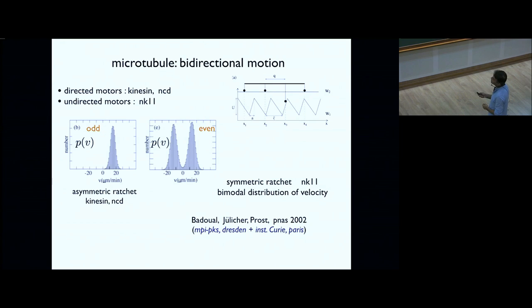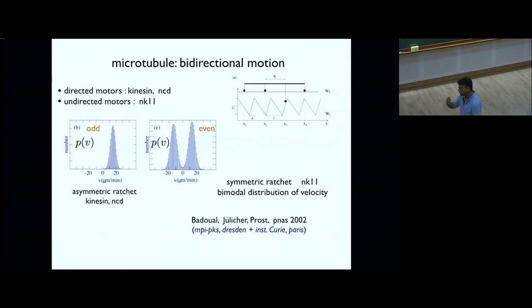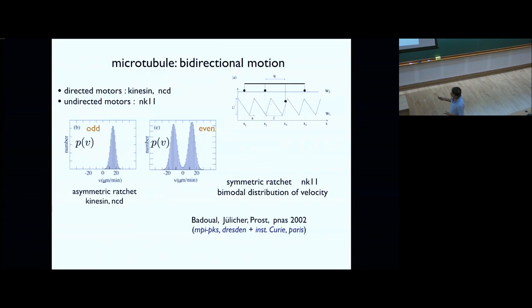So the next set of motivation comes from old experiments and the theoretical explanation of the experiment. This is an experiment about a microtubule which is being driven by kinesin-like molecular motors. One kind is the normal NCD motors, which will take the microtubule in a specific direction. Each individual motor moves in a specific direction and many of them are carrying this microtubule. So the microtubule as a whole is carried in a specific direction, and if you look at the velocity distribution